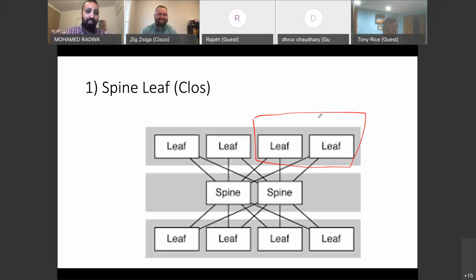And I believe all of us know that you cannot connect endpoints directly to the spine. This is a bad design. This is not a Clos. So I just highlighted a pod, right? This is how I would